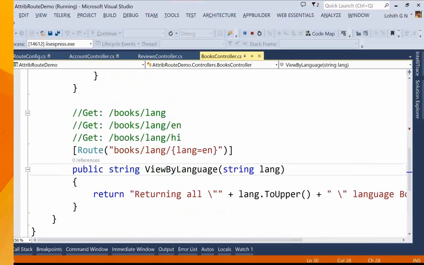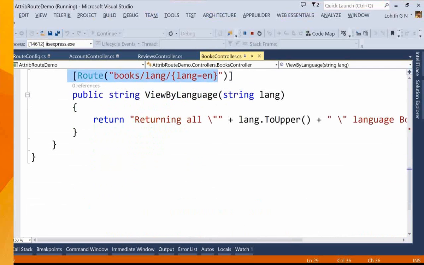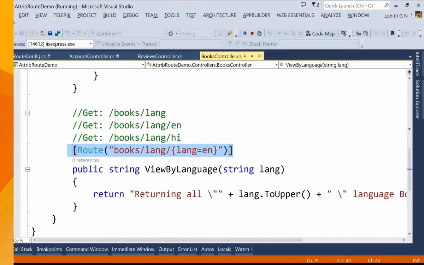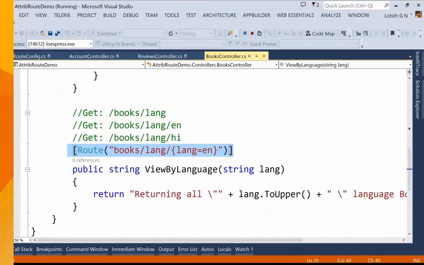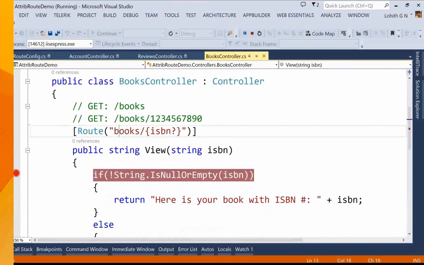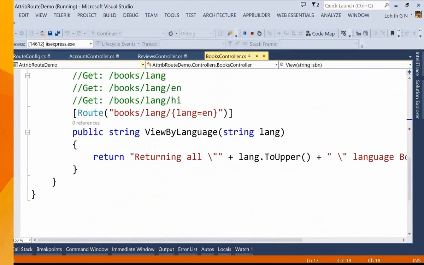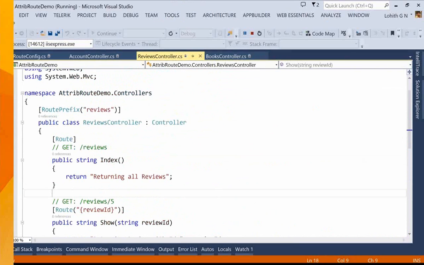So now the point is, I can provide my routes on top of my action, and then if somebody is viewing this code, they're like, oh, okay, this action is mapped to this particular route. There's another thing. What you can do, if you see here, every time I'm repeating this prefix called books, right? Books / books /. So we don't have to do that. Rather, there is another